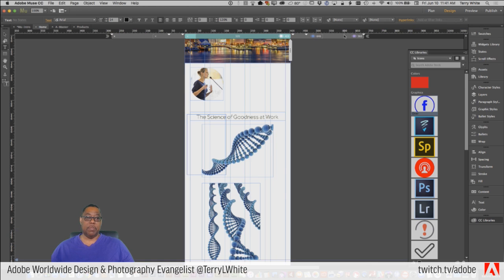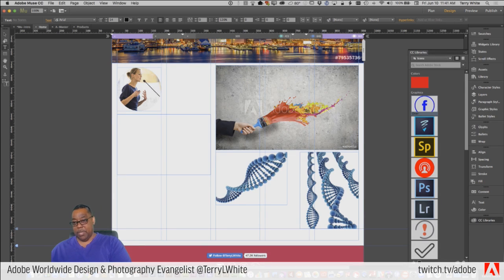The science of goodness at work. That was the text we were dealing with before. I know, nothing more boring than watching someone type. But we got to have some text to work with. Okay, so the science of goodness at work. This is how text works in Adobe Muse CC.